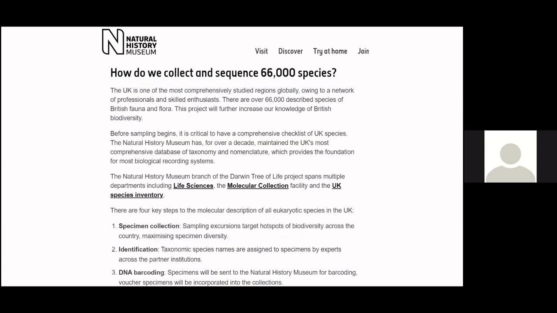There's a program at the moment being run by the Natural History Museum called the Darwin Tree of Life project. And the idea ultimately for that is to DNA barcode fully every species that occurs in Britain. That's a big project, and it's something at Natural England we've started to get involved with. Some of you may have been part of that. We had an event a couple of years ago,